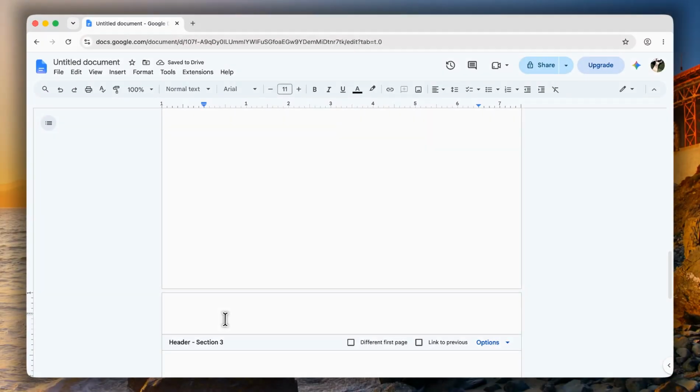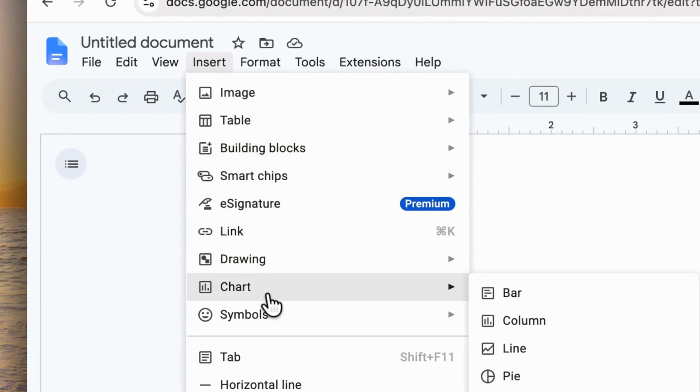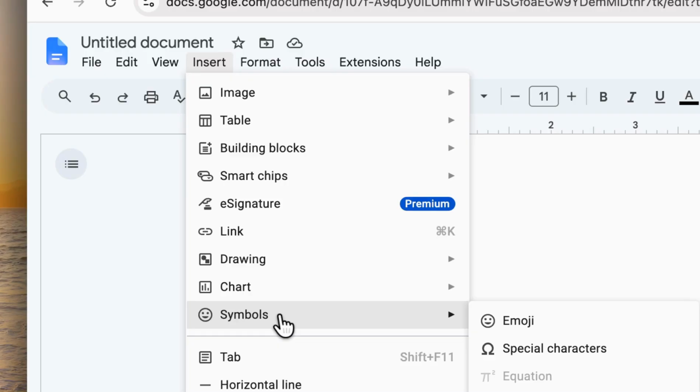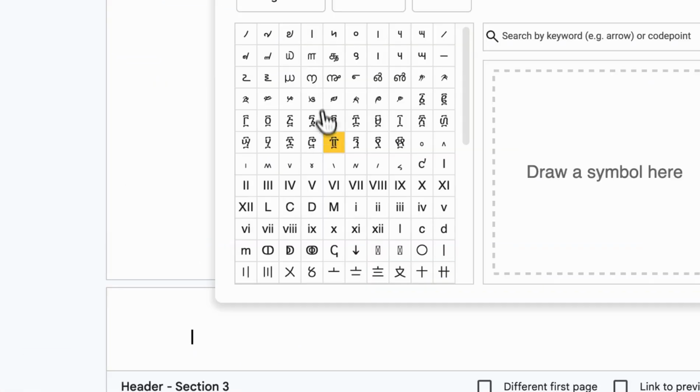Crucially, you must deselect the Link to Previous option on the right. This stops changes in this header from affecting the previous section. If you don't do this, both pages will show the same number. Now, with the header unlinked, we can insert the next page number. Click into the header of section 2, go